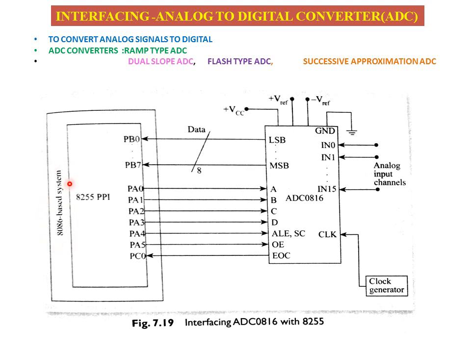Now the 8086 gives an 8-bit control word to the 8255 interface unit through the data bus, that is D0 to D7. Once the control word is received by the 8255, it assigns port B as an input register, port A as an output register, and port C as an input register. Why? Because the ADC converter interacts with the 8255 interface unit for conversion,